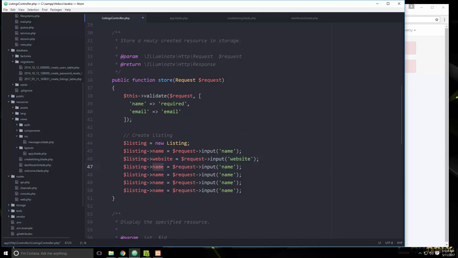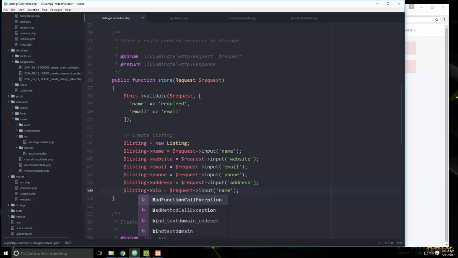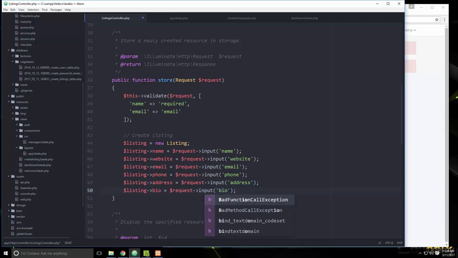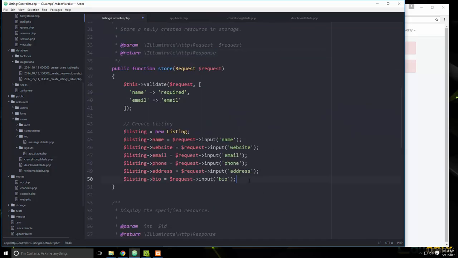Okay, then we'll have email, then phone, and what else? Address, and bio, which, did I put that on the form? Yeah, I did. Okay, so the last thing we want is the user ID, which,